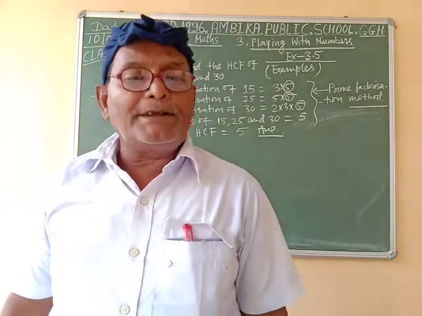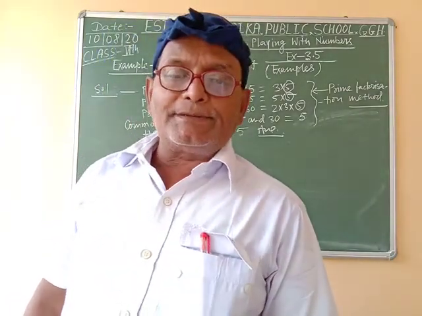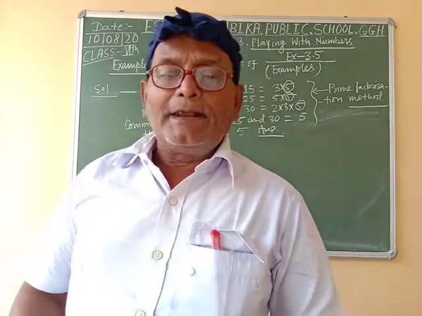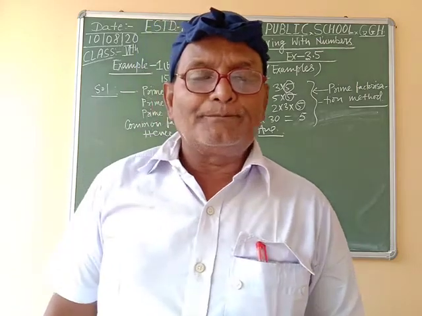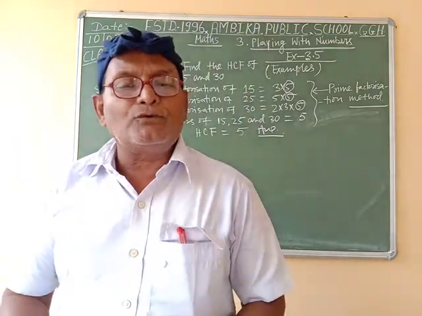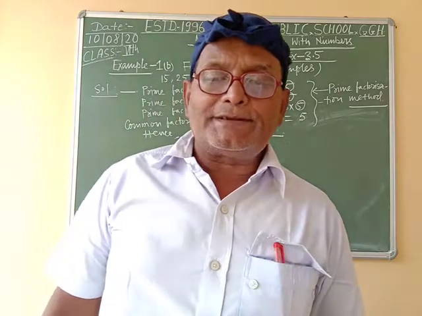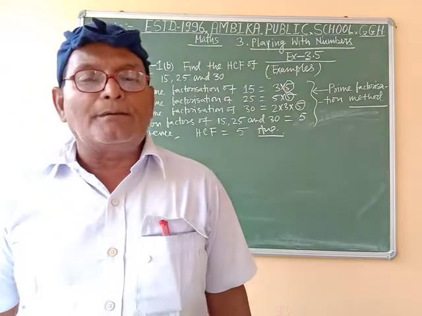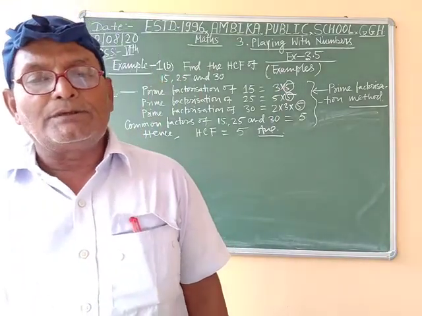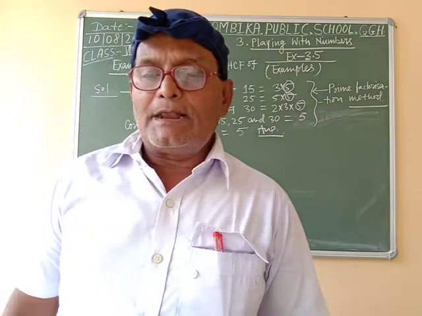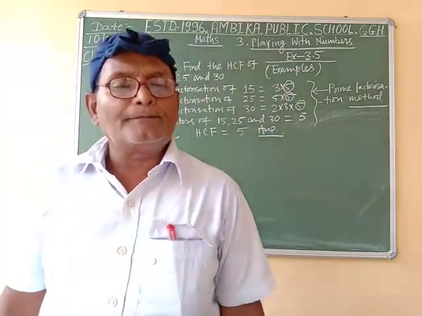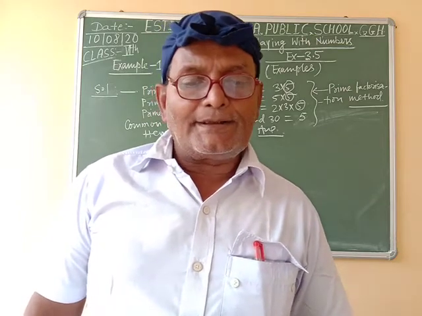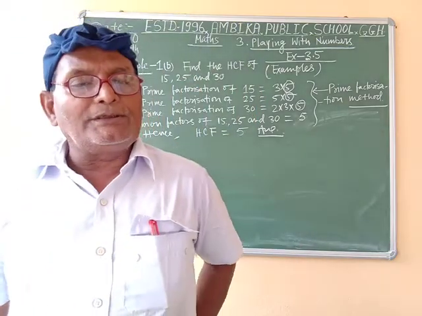numbers. If the remainder is not 0, then divide the smaller number by the remainder obtained in step 1. Then divide the remainder of step 1 by the remainder in step 2. Continue in the same way till the remainder comes out to be 0. The last divisor is the HCF of the two numbers. The last HCF obtained will be the required HCF. Repeat this with all the given numbers.